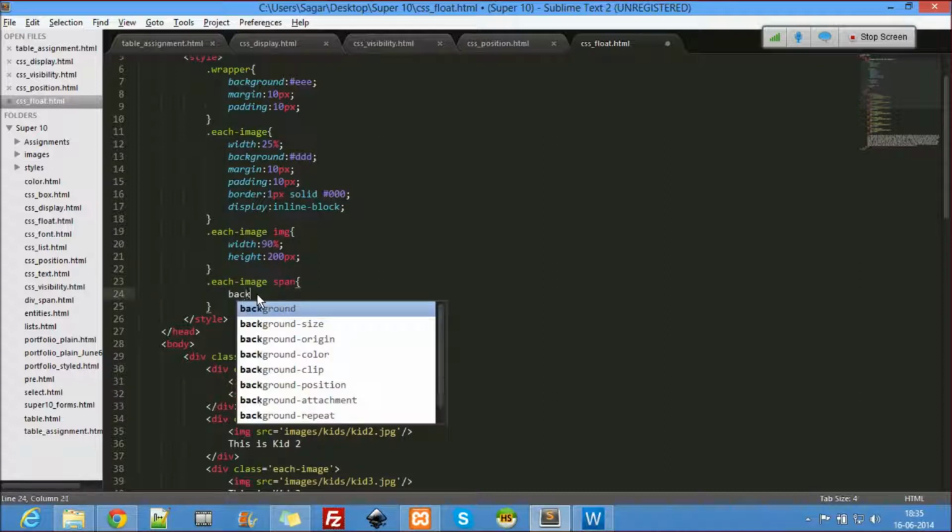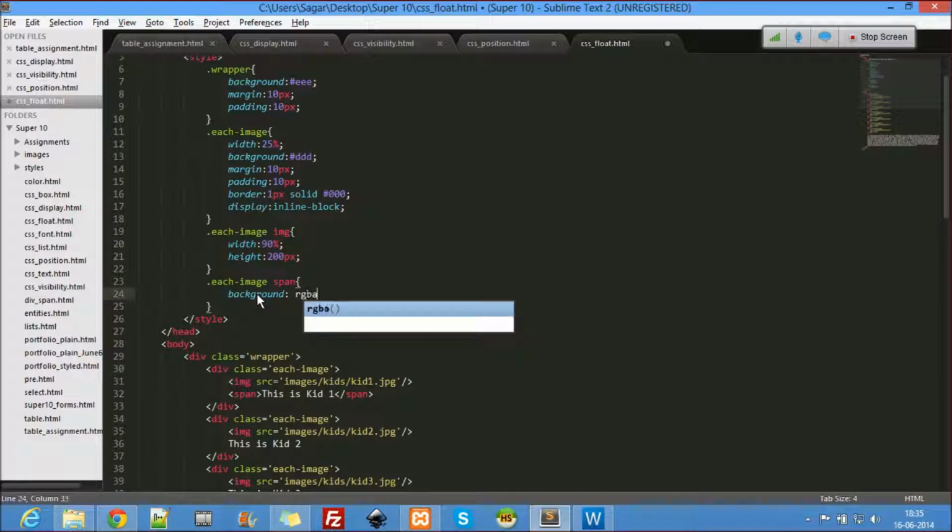So let's do this. Background RGBA. Let's use all white, 0.5.